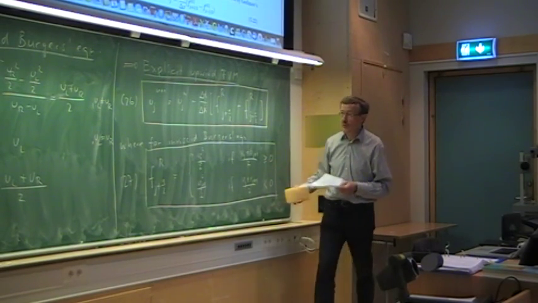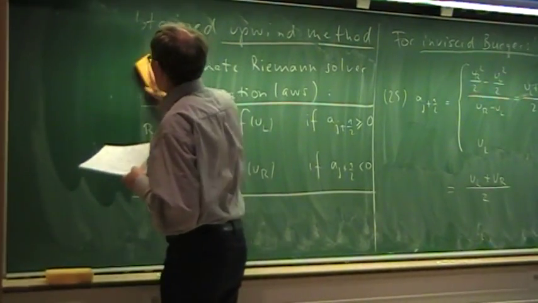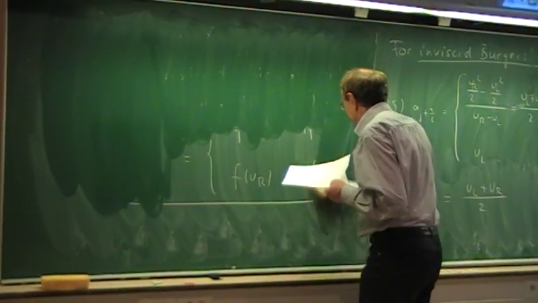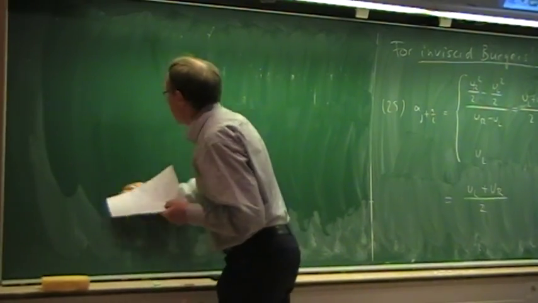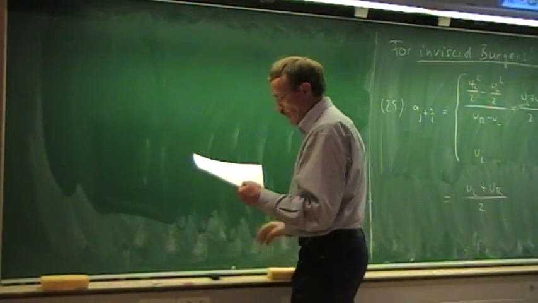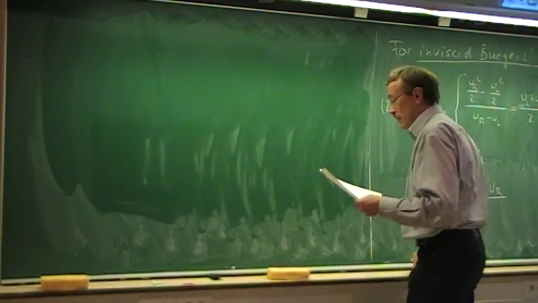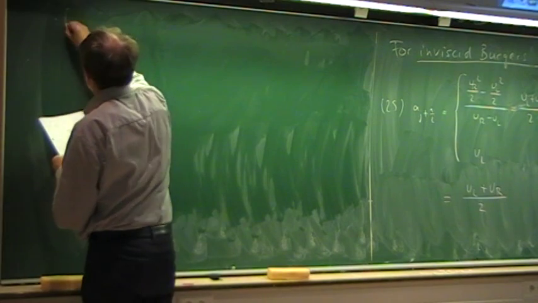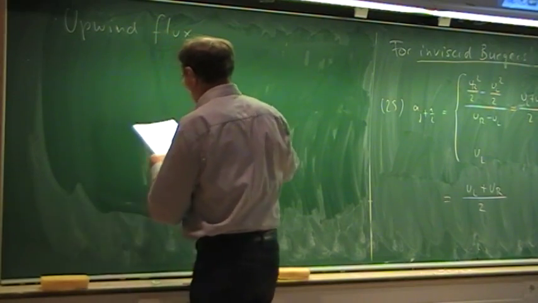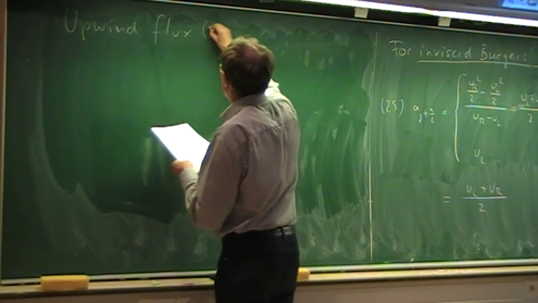We do it for the inviscid Burgers equation. So then we can write the upwind flux, that is the one that we have there for the inviscid Burgers equation, 27,